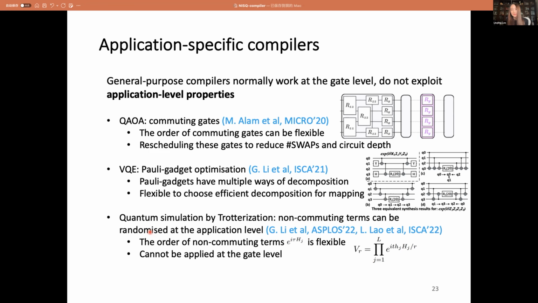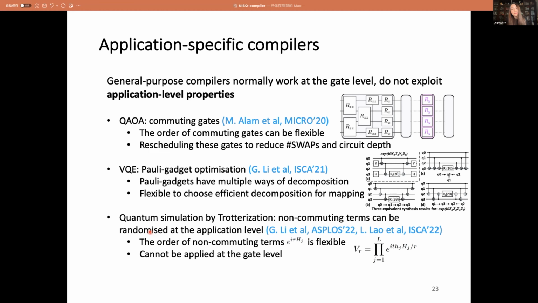And for other applications, as I introduced for quantum simulation, the gates are not commutable mathematically, but at the application level, when we perform Trotterization, the order is not determined. We have the freedom to choose the orders, but in general a general-purpose compiler will always assume the order appearing in the input circuit. But this is not the case.